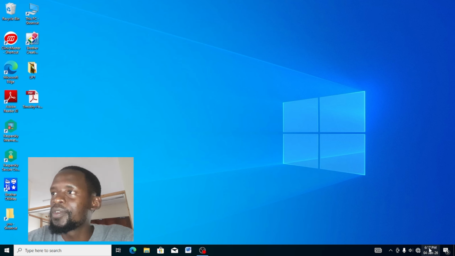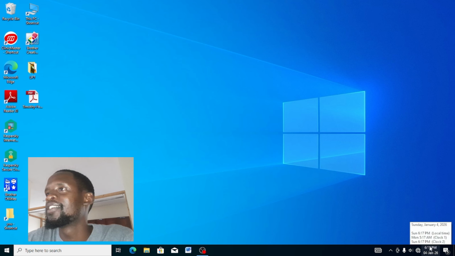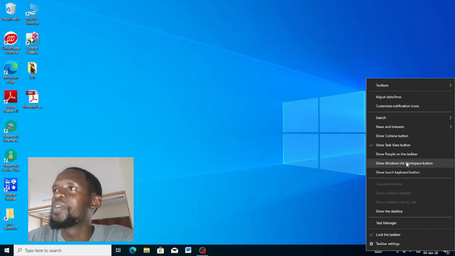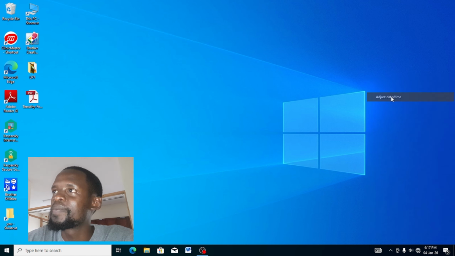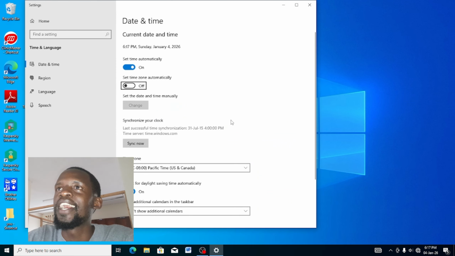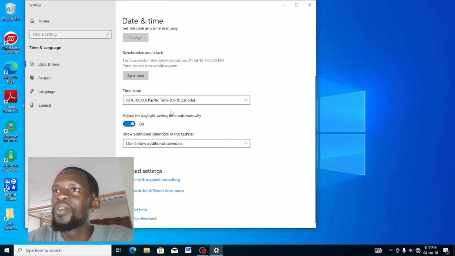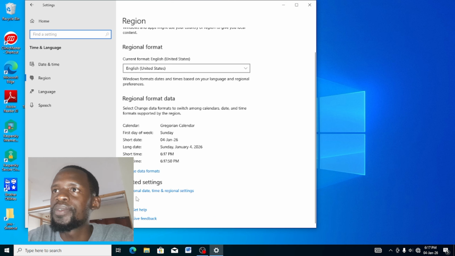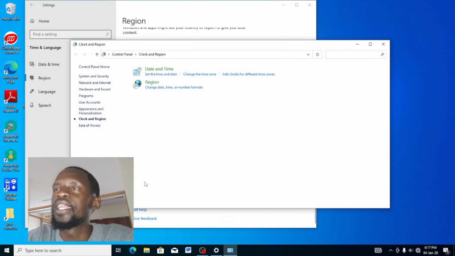You're going to come to this lower icon of the time, and then we are going to right click, and then you will go to adjust date and time, and then if that comes, everything is right here. You're going to go down where it says date, time and regional format, then you'll click it, then you come down here to add additional time and regional settings. Then after, you'll come to set date and time,